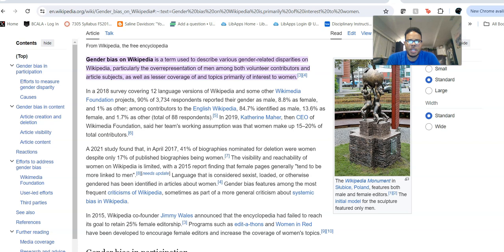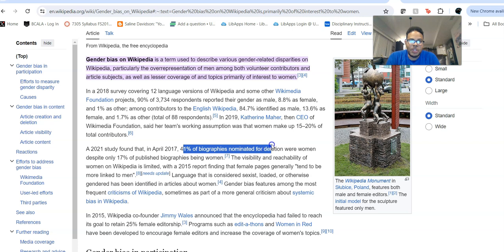I was trying to see what the believed breakdown was between men and women of contributors to Wikipedia or editors of Wikipedia, but I was not satisfied with what I was seeing. I didn't want to pass on that information because I wasn't sure how reliable it was. But one thing that we can talk about is the information that is presented in Wikipedia, for instance, like what you see here,